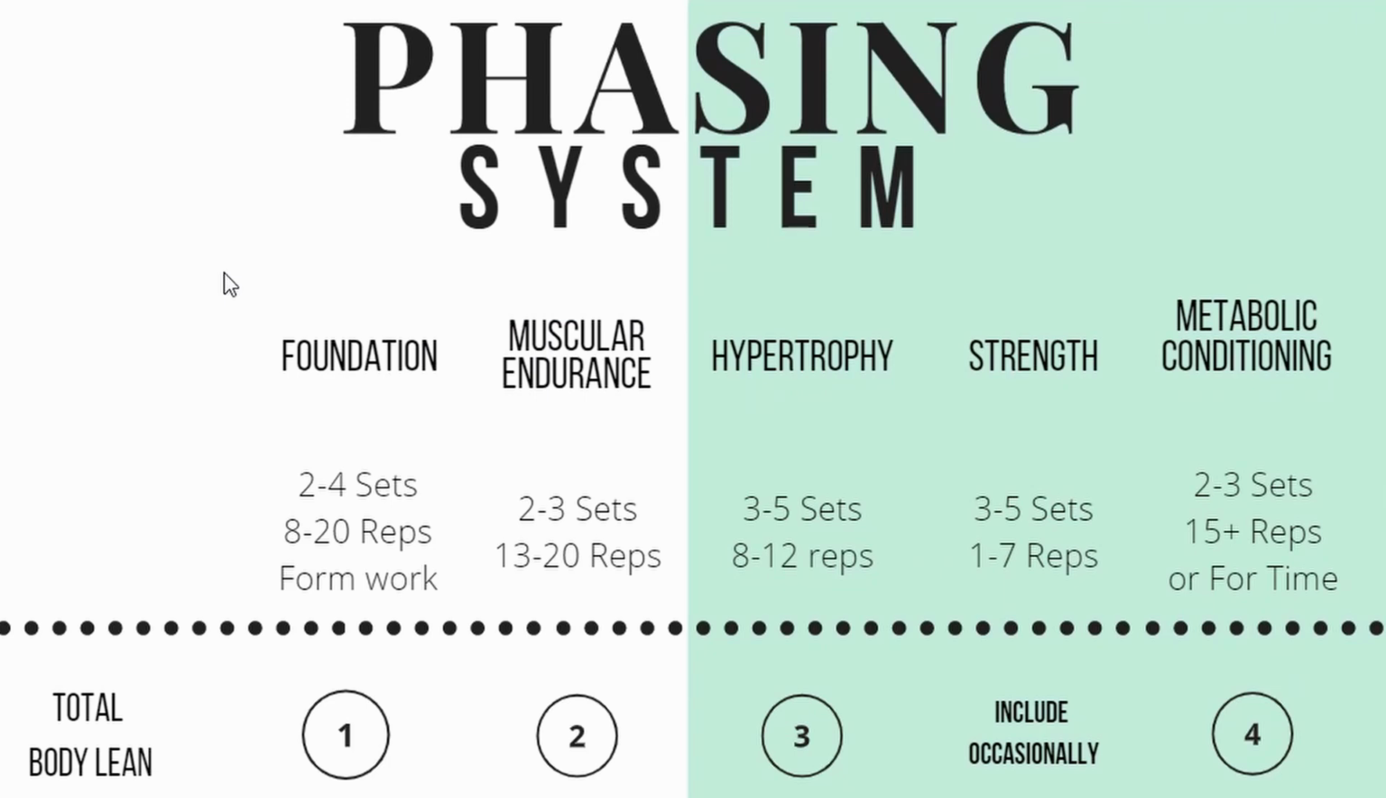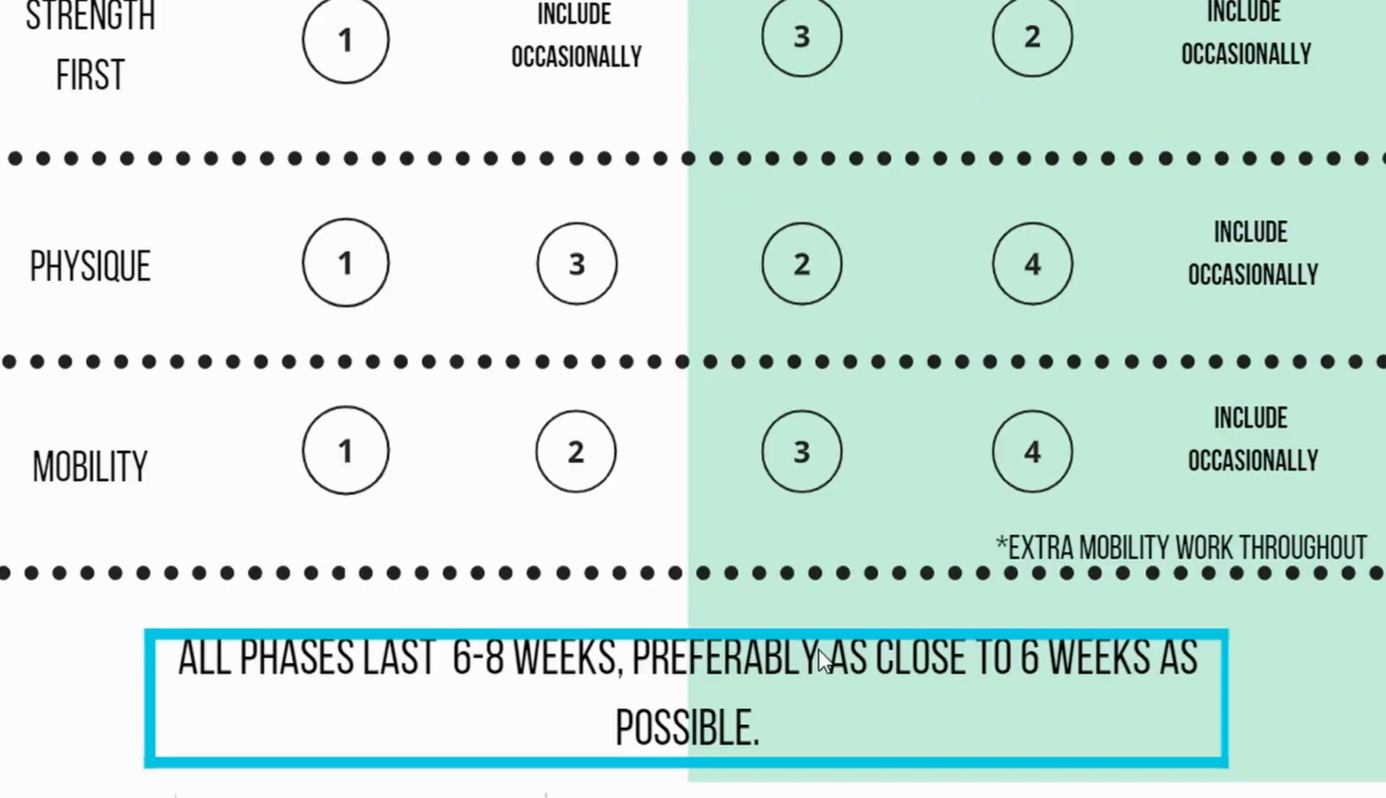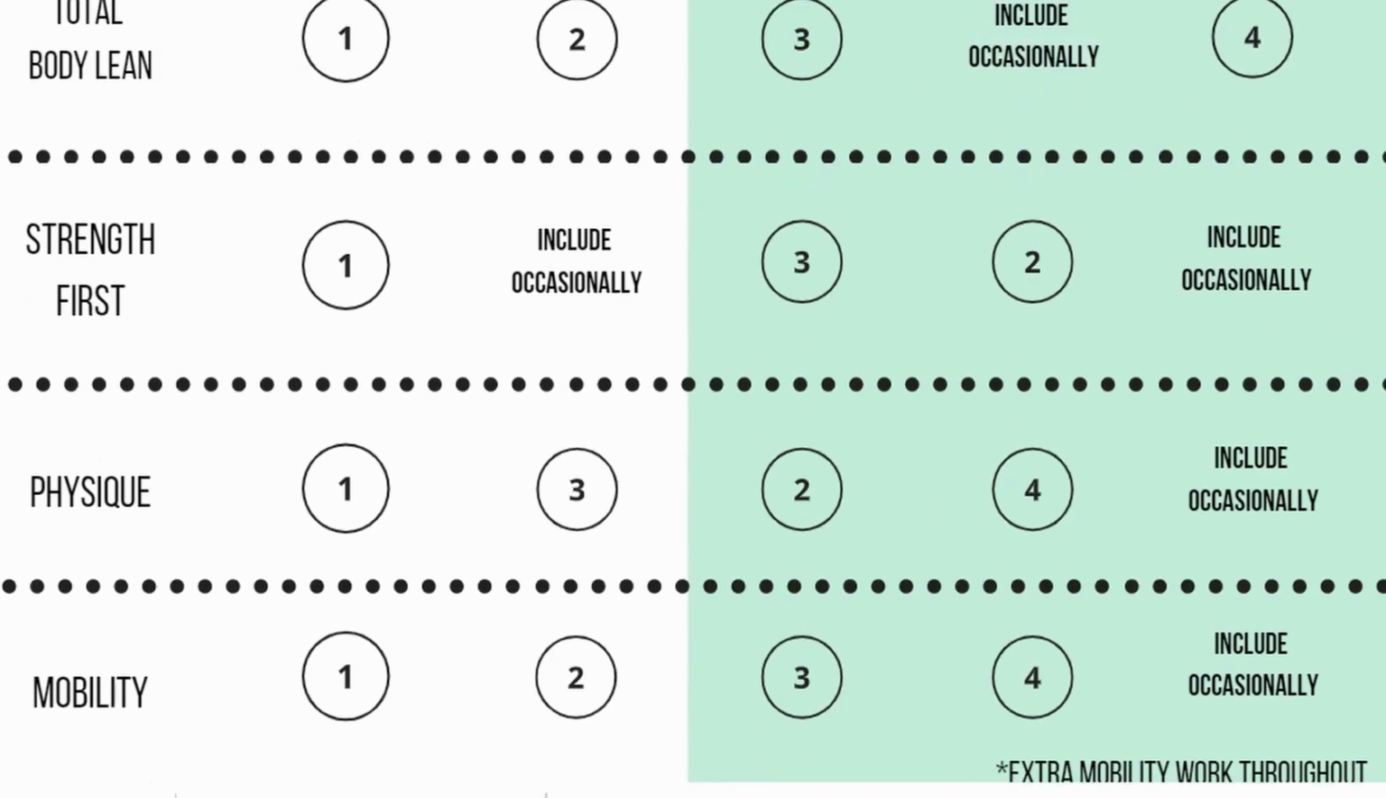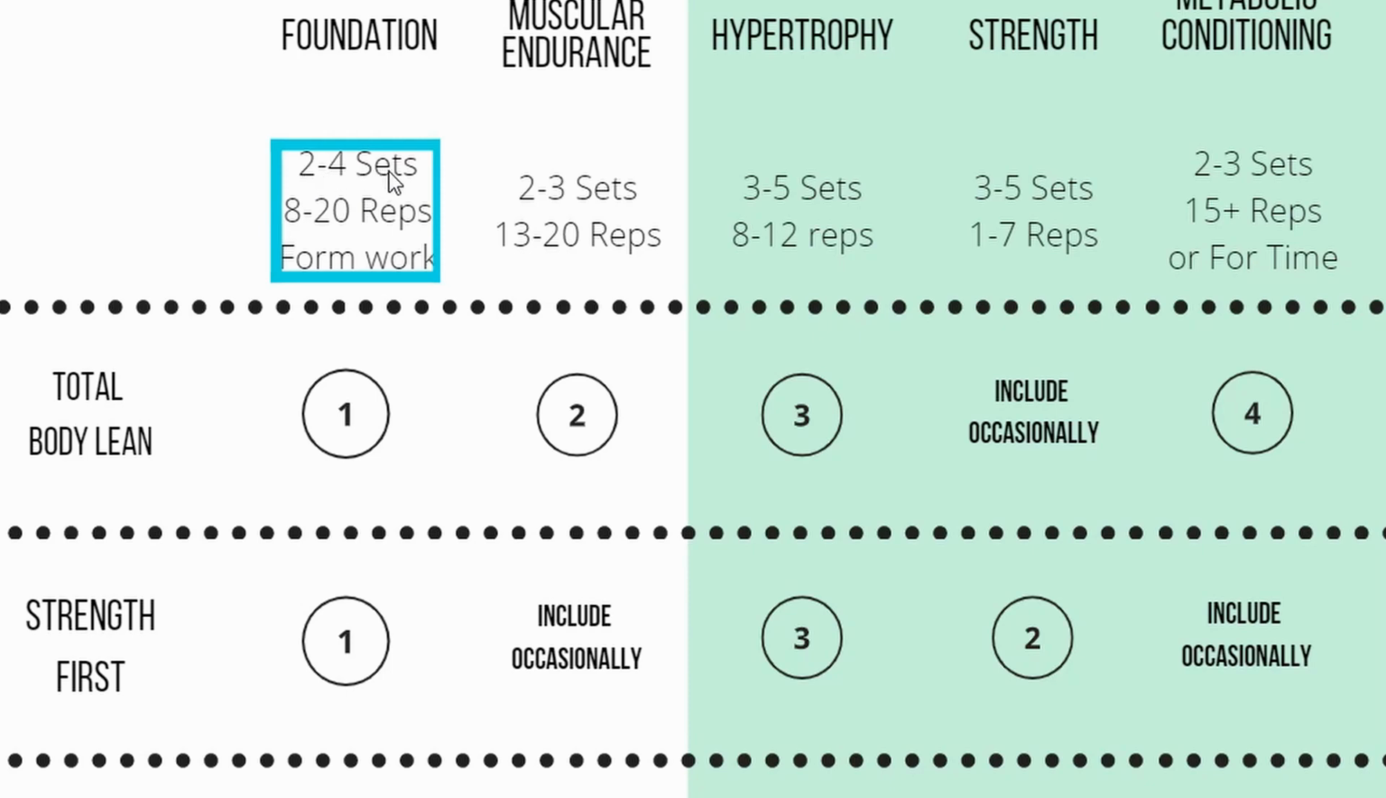Again, this is the one that we went over in a lot of detail in the last video. So anyway, this client's main goal is weight loss, so she would go in this total body lean category. That means for the first 6 to 8 weeks, she's going to be working in this foundational phase. All phases last 6 to 8 weeks, preferably as close to 6 weeks as possible. So yeah, for all of her exercises, she's going to be doing 2 to 4 sets, 8 to 20 reps,